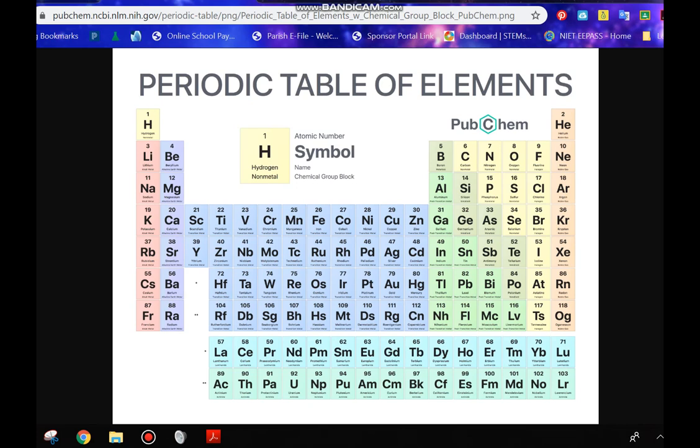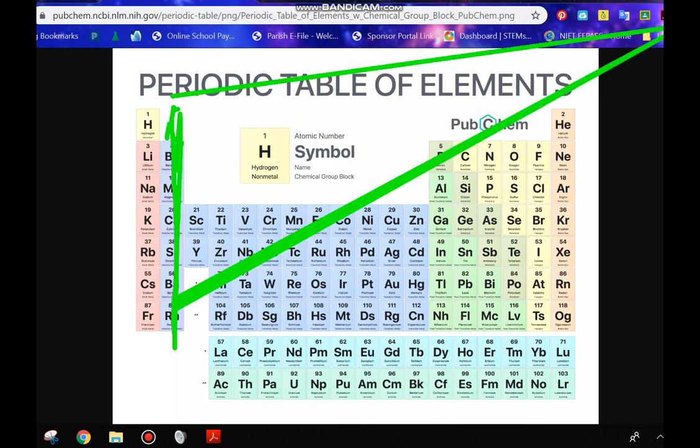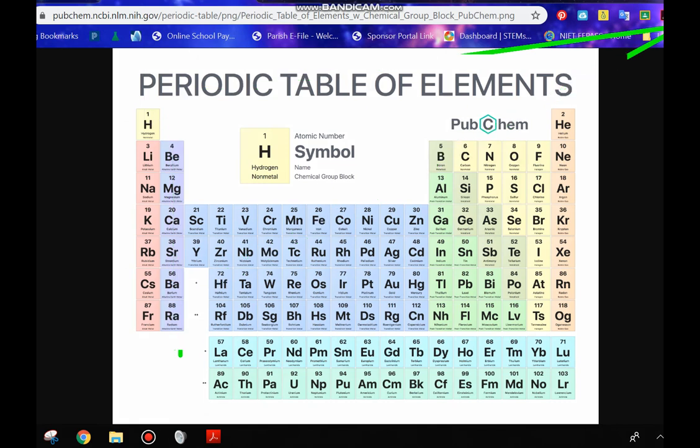Okay, so here's our periodic table. Our alkaline earth metals are that second group there. So here's our alkaline earth metals right here. And so these alkaline earth metals are going to,